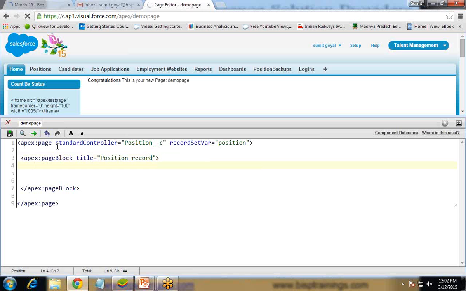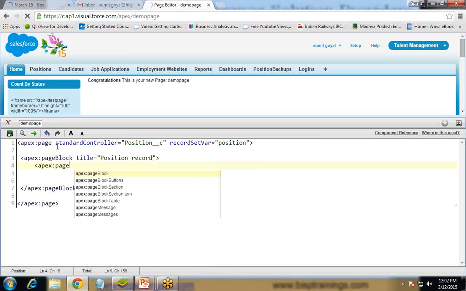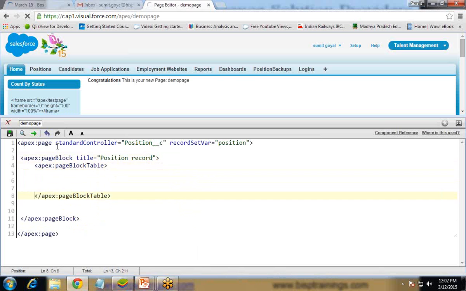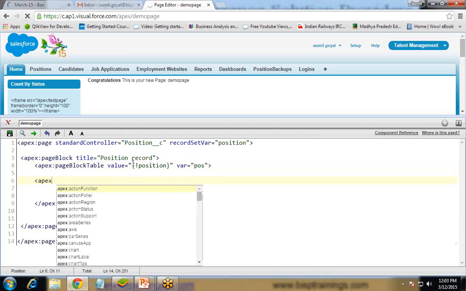position record, then apex:pageBlockTable, and this table is getting the value from this record set where. So I give the same value over here, position, and create an instance for this table. So I create pos, and now let's create columns.